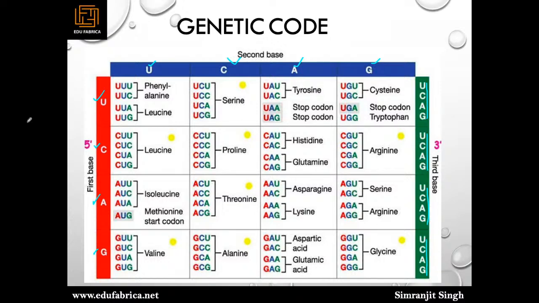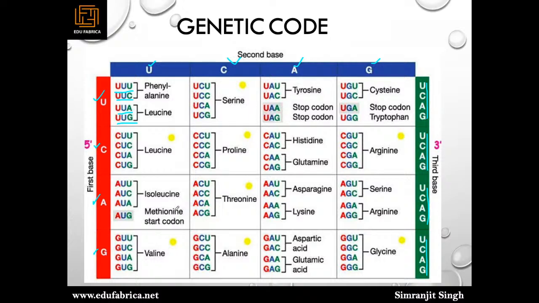Then start writing them. Take one alphabet from here, one from here, and one from there. So UUU, then UUC, then UUA, and UUG. So like this, you will have 16 boxes, 4 multiplied by 4, and you draw all these amino acids